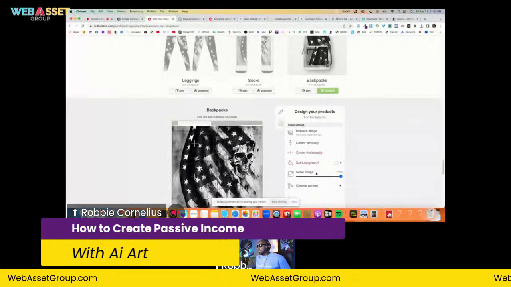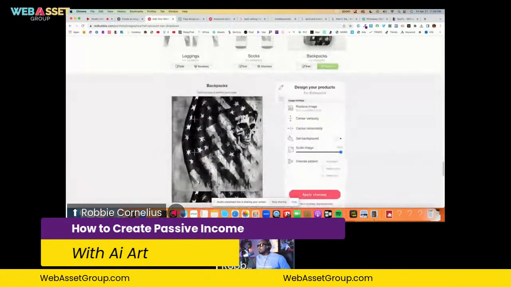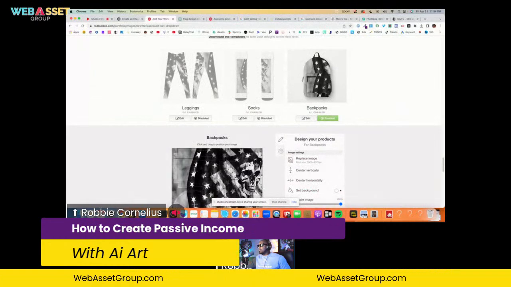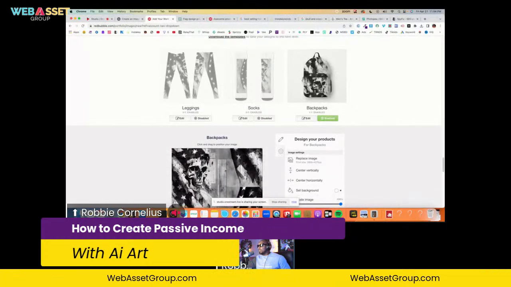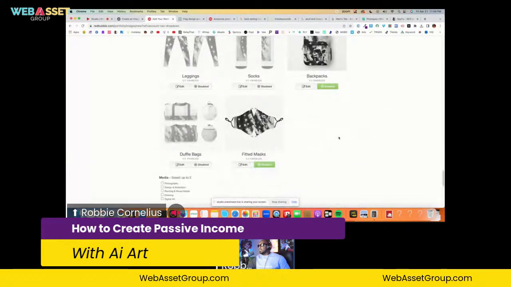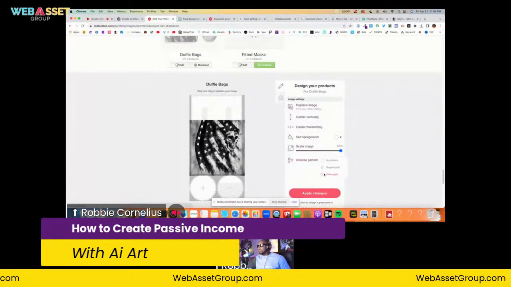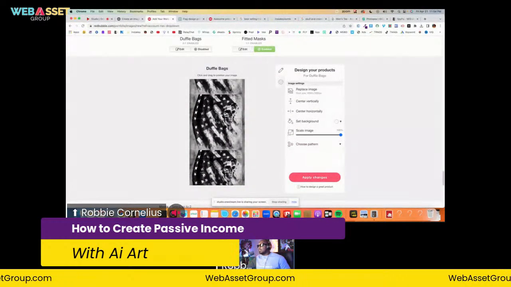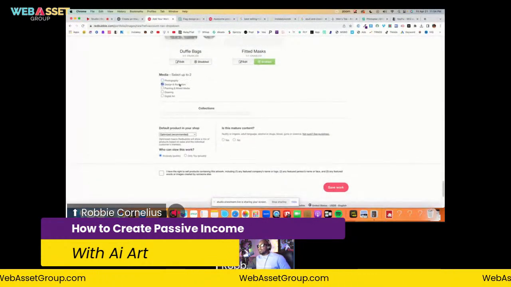Let's see how it looks on this book bag, this backpack. I'm not 100% sold on how it looks. Oh, there it is right there. That looks great. That looks freaking awesome. I don't really like the way that looks, so I'm not even going to enable that. All right, so I think I'm done.